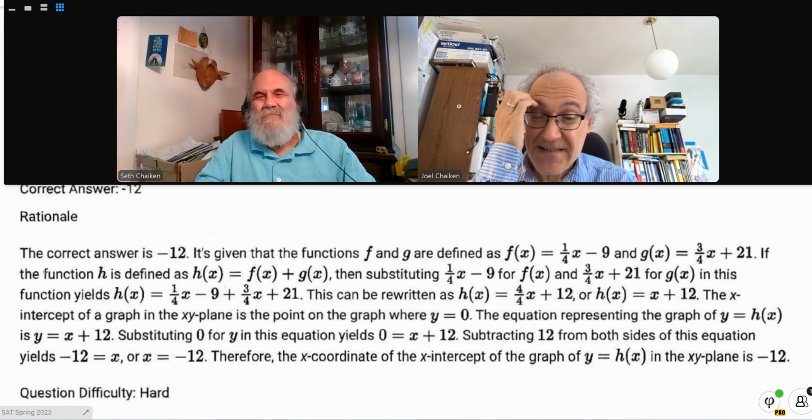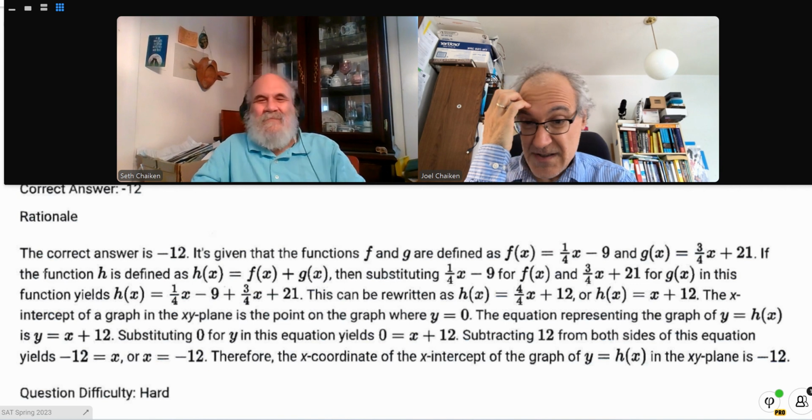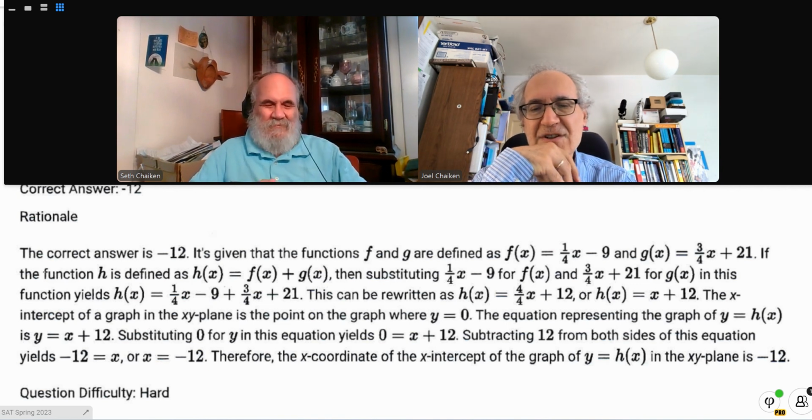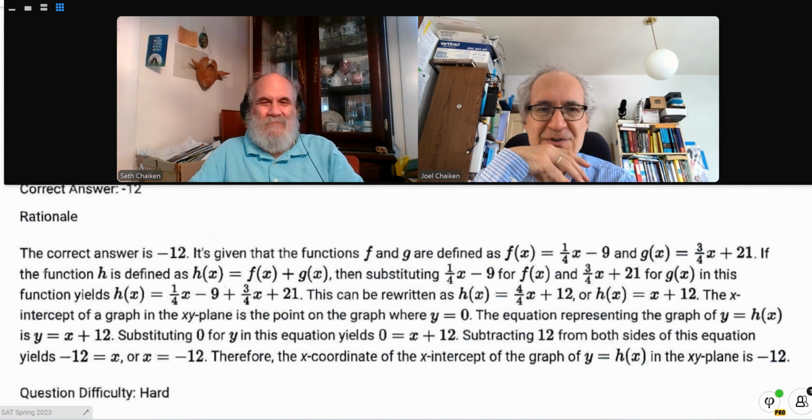They explain what the x-intercept is. It's when y is 0. So you substitute y for 0. They use the word substitution, which is good. Subtract 12 from both sides of the equation. We didn't do that because the answer to the question was so easy to solve. Therefore, it's negative 12. No, this is fine, but I would point out that